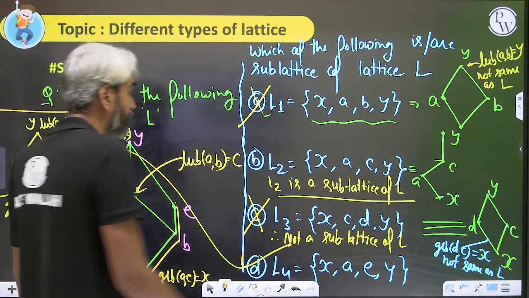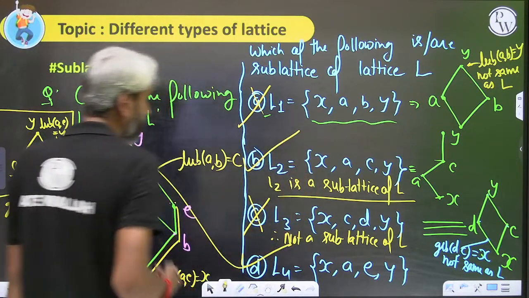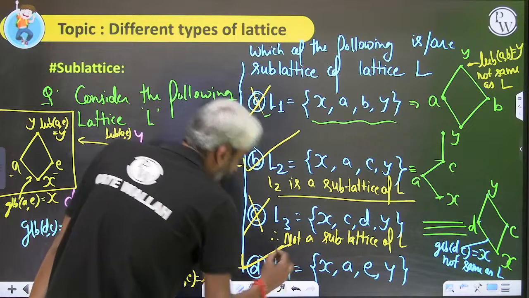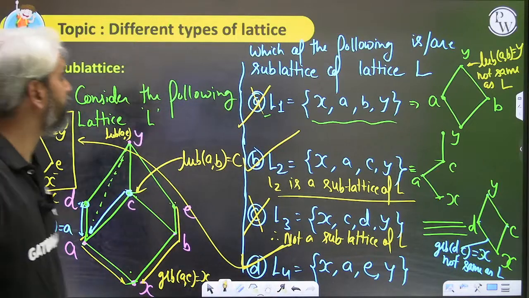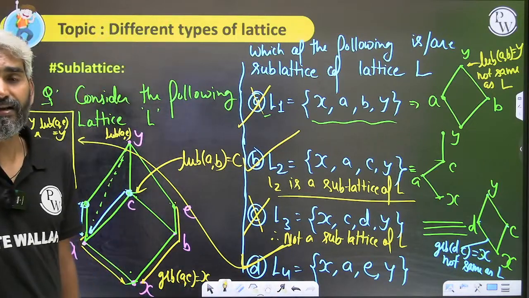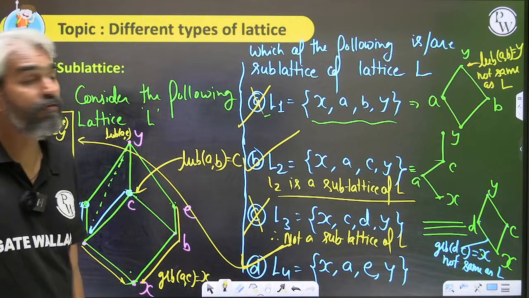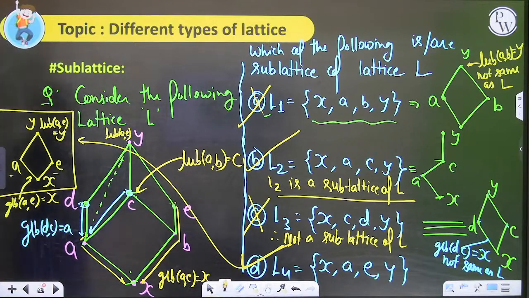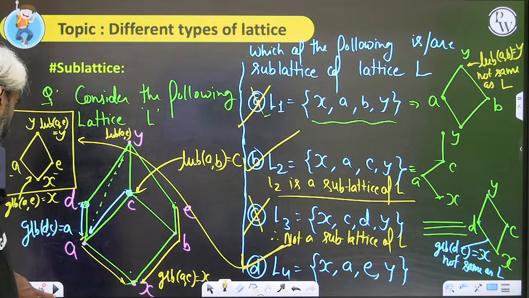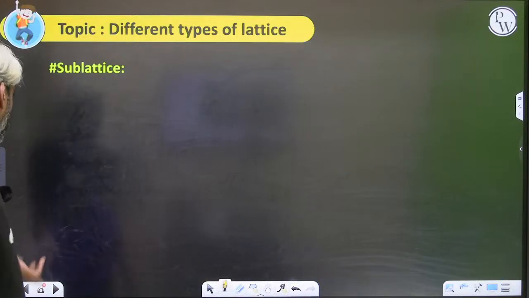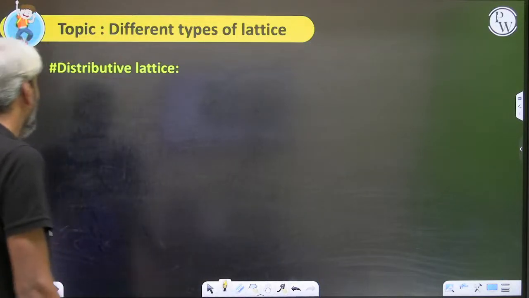So two correct choices. Option B is a sublattice of lattice L. Option D is a sublattice of lattice L. A and C are not sublattices of lattice L. Clear? So I hope you have understood the concept of sublattice. Now the last slide I have just